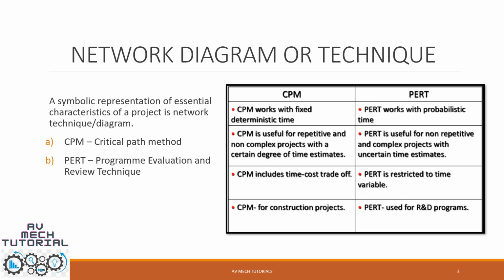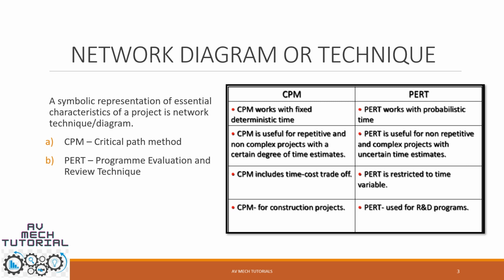Now let's talk about PERT, which is the program evaluation and review technique. It uses an event-oriented network, and has examples such as launching a new product into the market, research and development of new weapons used by the defense, or launching satellites and sending spacecraft. It basically has three times: optimistic time, pessimistic time and most likely time, and it deals more with probabilistic time.